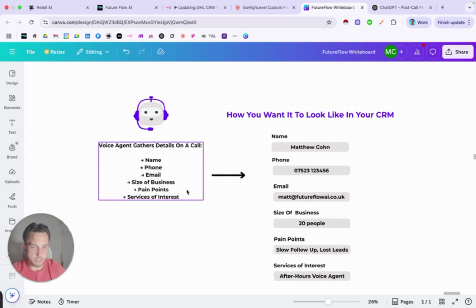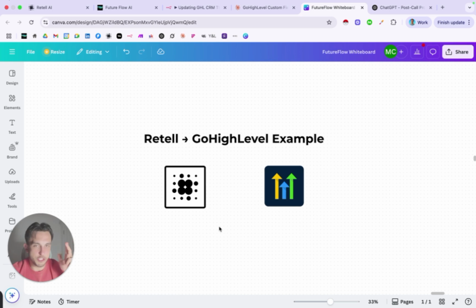So the voice agent will have a conversation and gather, for example, name, phone, email, size of business, pain points of that business, and services they're interested in, and then put them into your CRM for your sales team, or even yourself if you're the business owner, to come in and see what's happened on that phone conversation. In this example, I'm going to be showing you how a Retell agent can communicate with the GoHighLevel CRM,